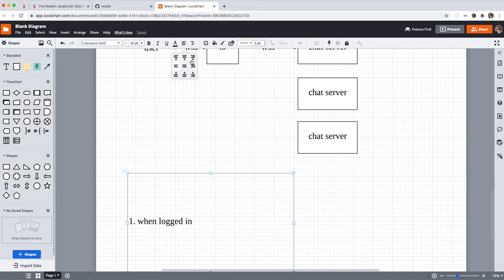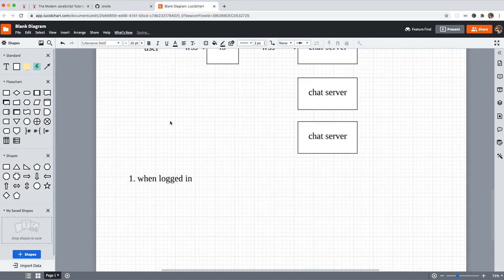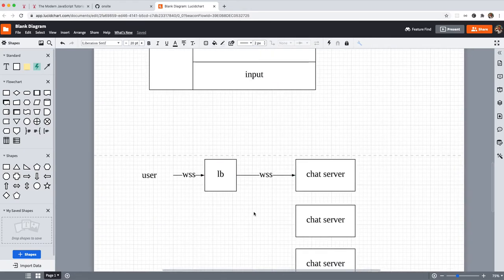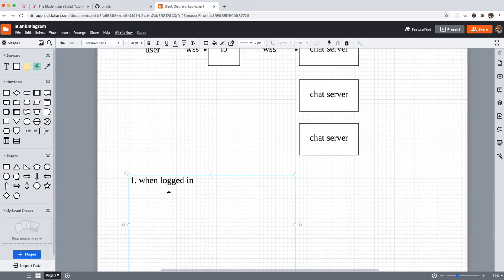Okay, the default. Oh shit! I changed the default to this. Okay, when logged in. When the user logged in, we should get what? We should establish the collection. Okay, so WSS collection,